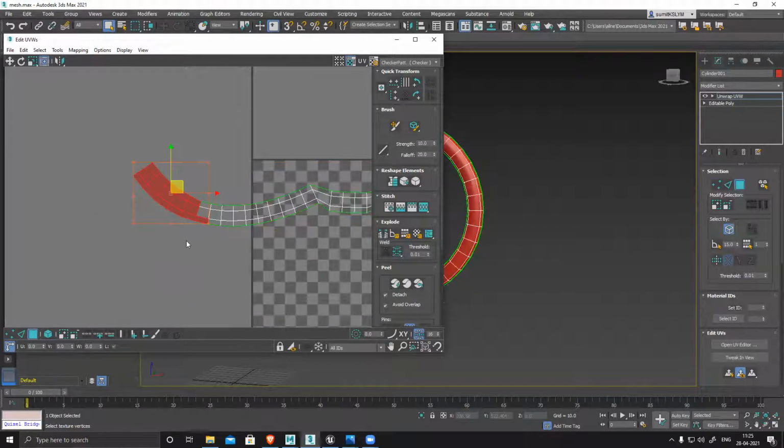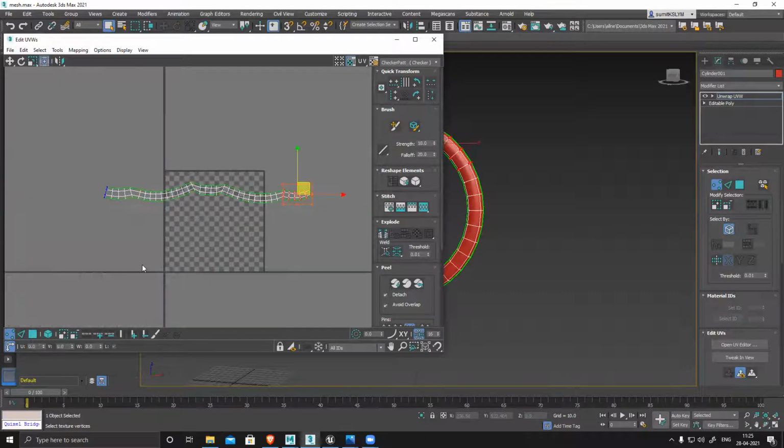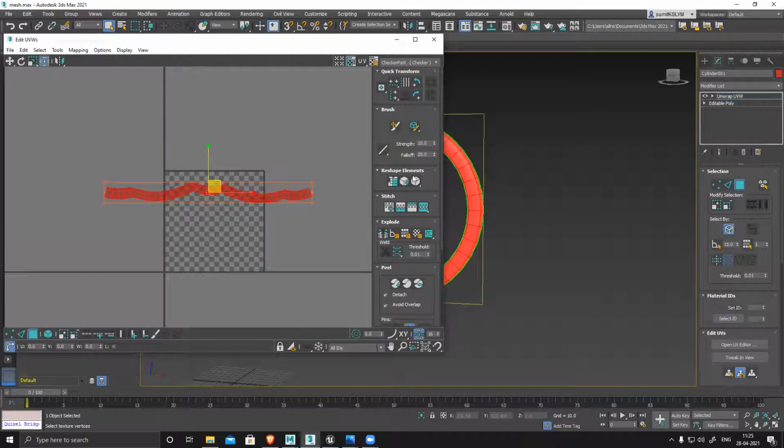Like this, I feel it should be even slightly straighter than this. Why I'm doing it is so that I can make this thing perfectly straight, so my tiling or anything I'm doing will work perfectly without any problem. Done. And select this, straighten this entire thing.